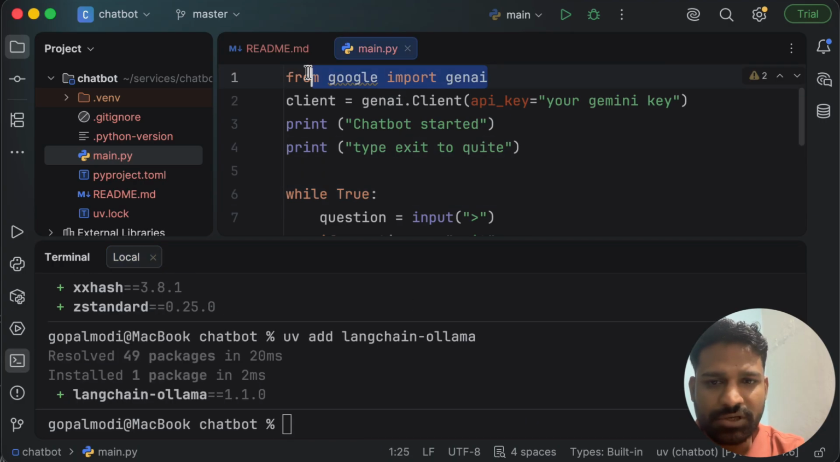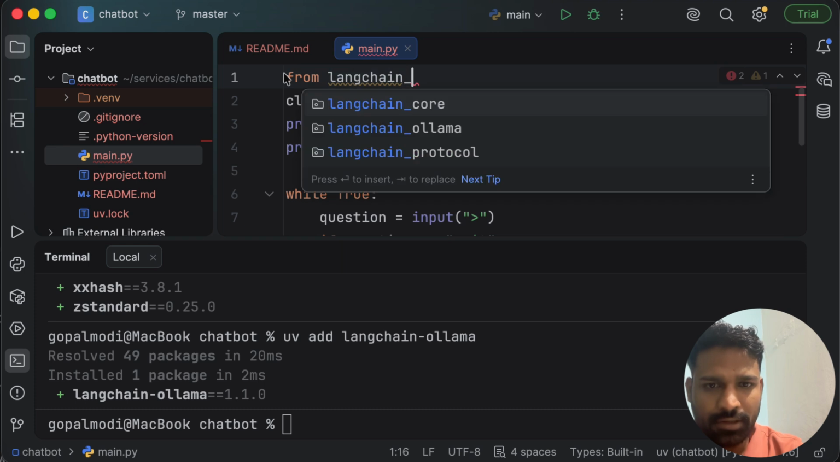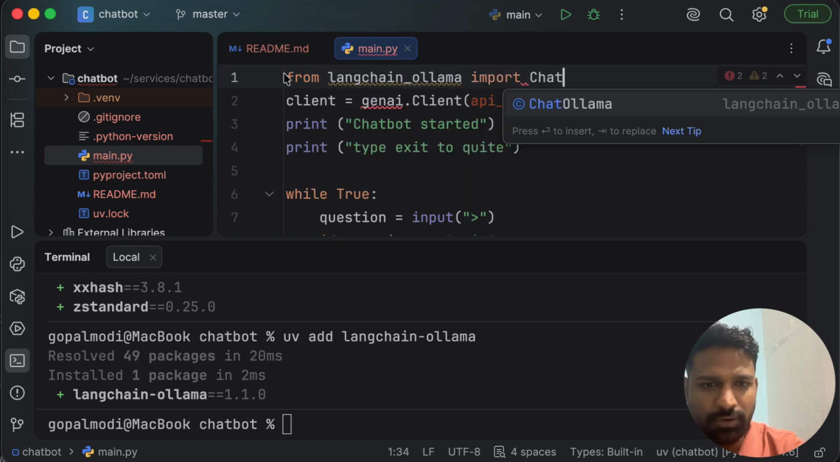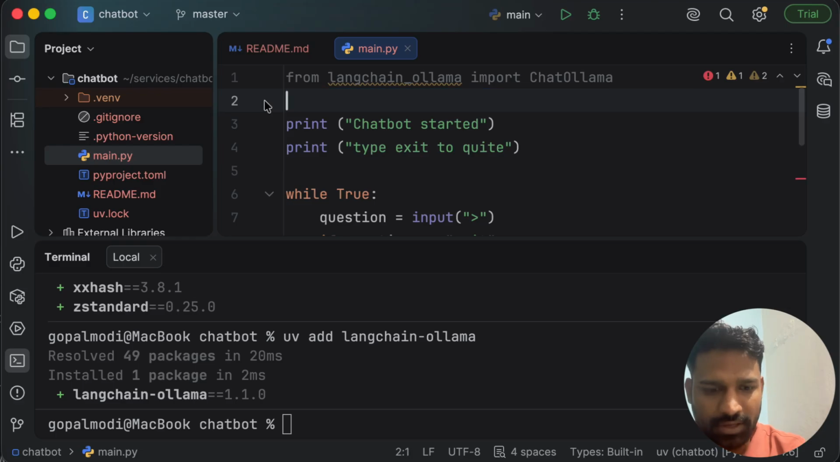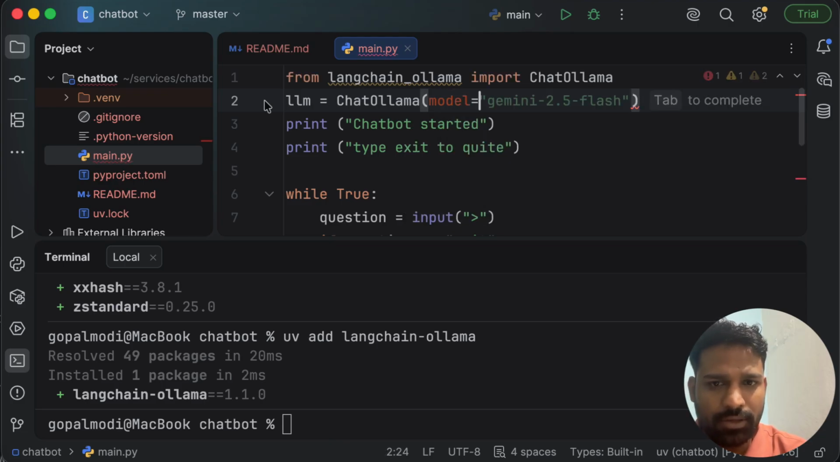Okay. Now instead of this, we are going to write from langchain-ollama import ChatOllama, right? And then we don't have to create a client in this way, so we'll remove this. We will just write llm equals ChatOllama, and in this we will give the model equals